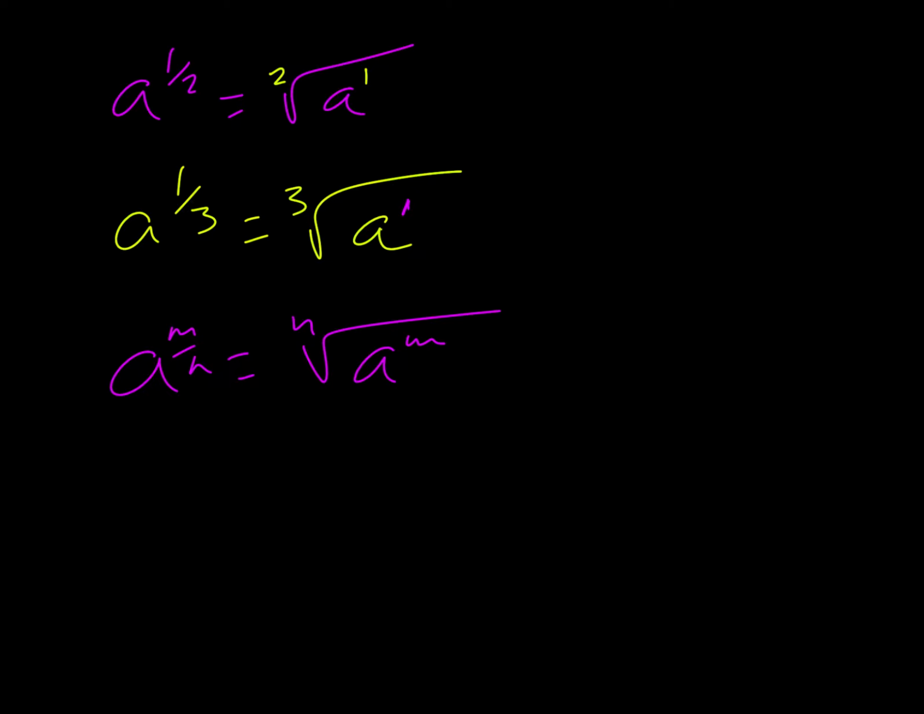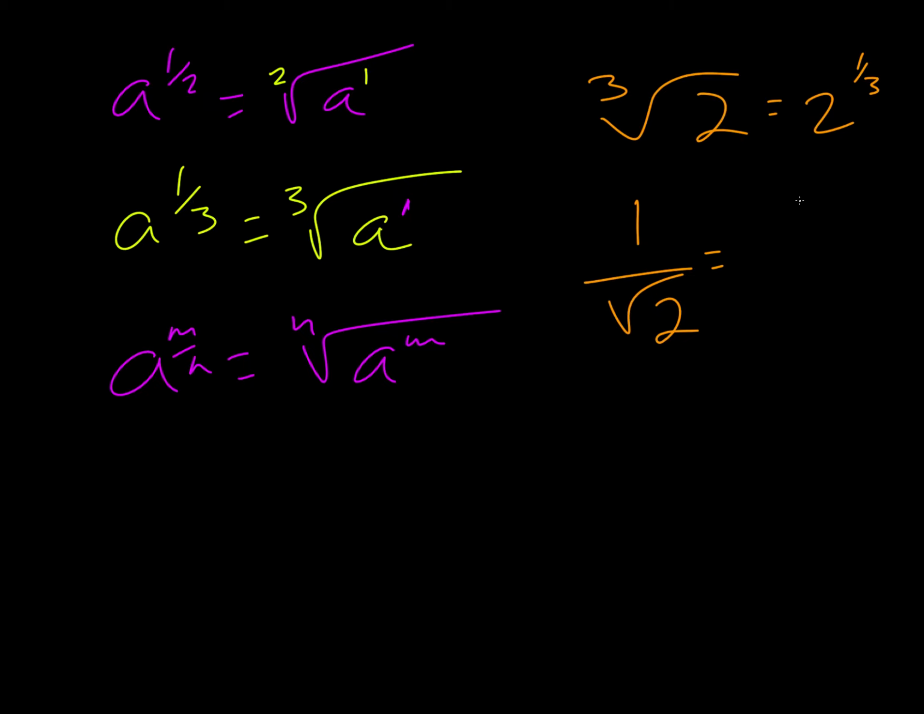Now, let's do some examples. They want us to write each of these as a single power of 2. If we have the cube root of 2, that's going to be 2 to the 1/3. If we have 1 over the square root of 2,